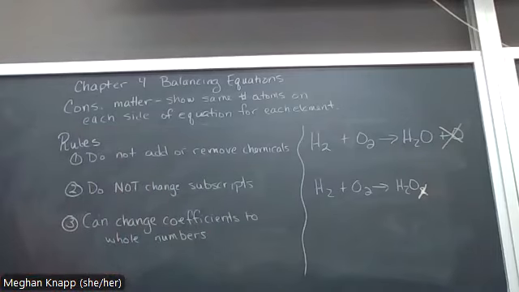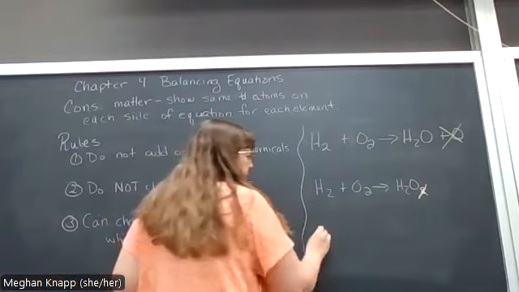Okay, ultimately, we want to have whole numbers and we want to have the lowest ratio of them. So we don't want to have like 10, 10, 10, 20. You know, that would be silly. It could be 1, 1, 1, 2, and we have that same ratio. So we want the lowest possible whole numbers we can have. So if I were going to do this equation,